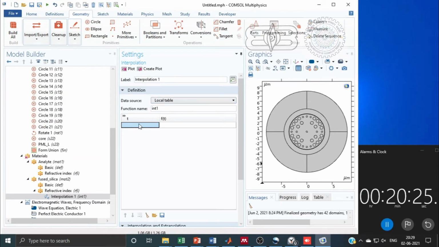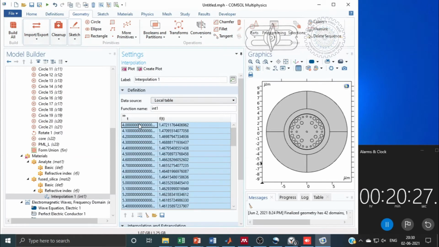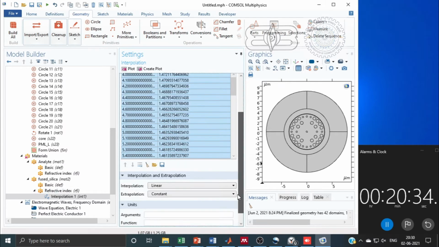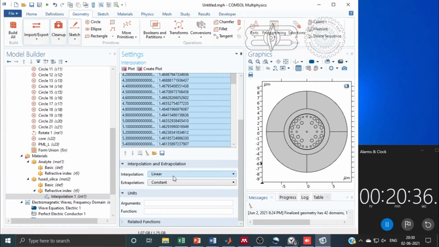Now here we can see that the function name is int1. It is correct because we have taken the refractive index function also as int1. And now we will copy this table to the console window of interpolation.